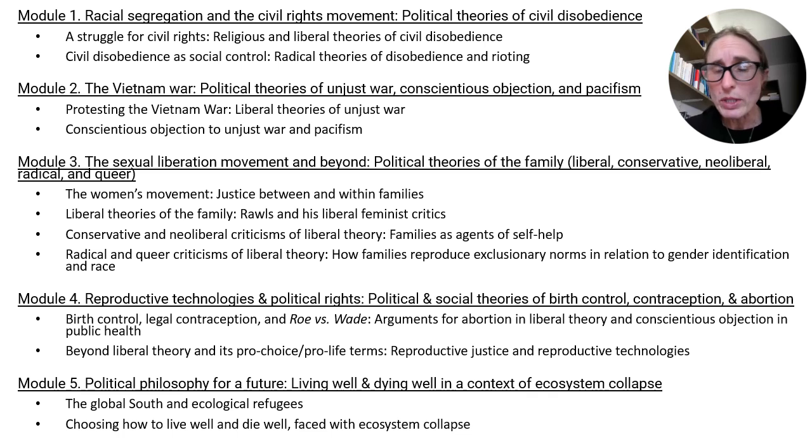In Module 4, we'll turn to reproductive technologies and political rights. The 1960s and the 70s spelt watershed developments in reproductive freedoms in the United States. So we saw the first birth control clinics receiving federal funding as part of the war on poverty in the 1960s. And we see legal cases confirming that married couples, only married couples at this stage, have a right to legal contraception. They can't be prevented from accessing contraceptives in the post.